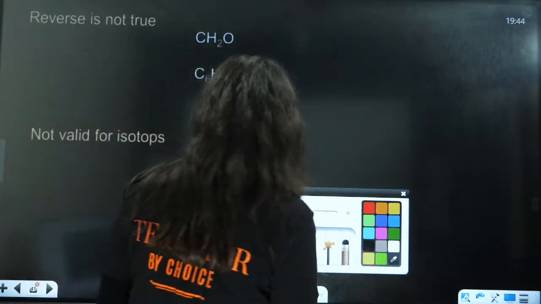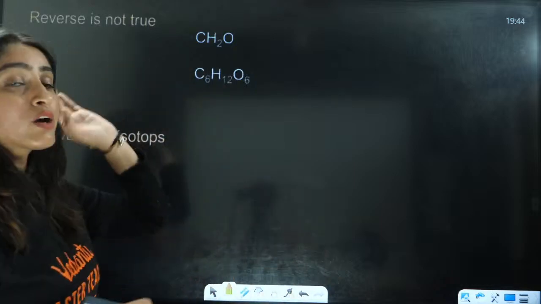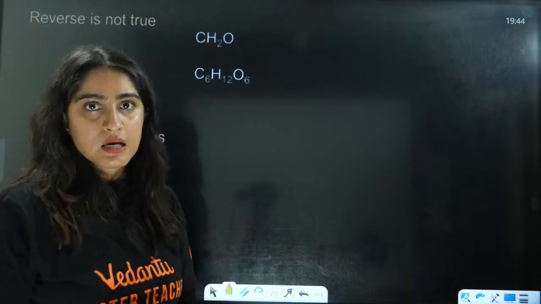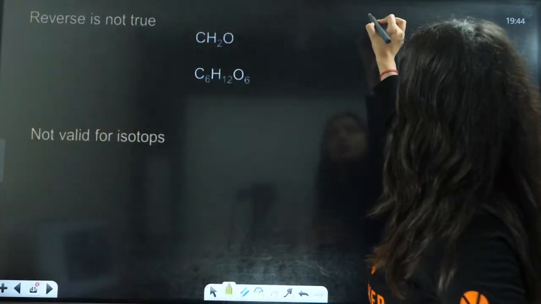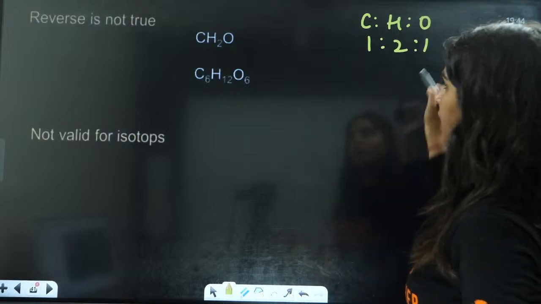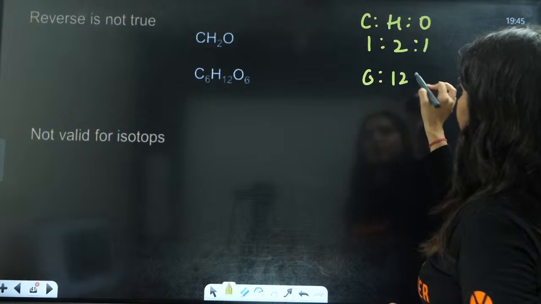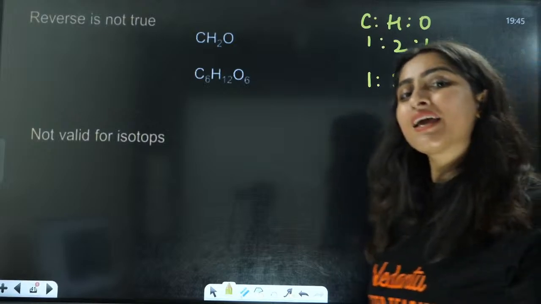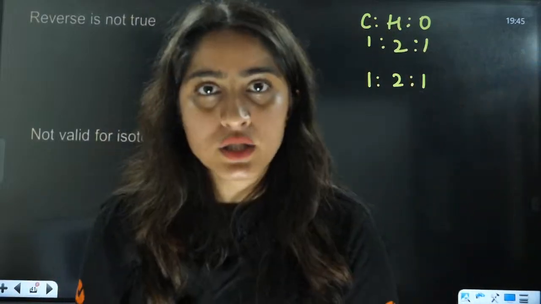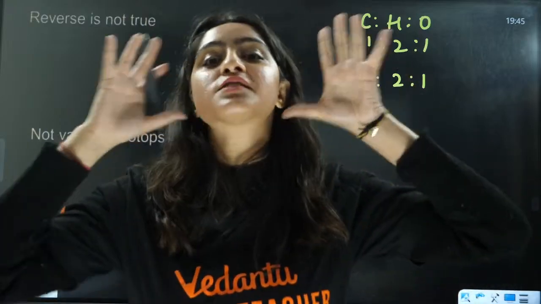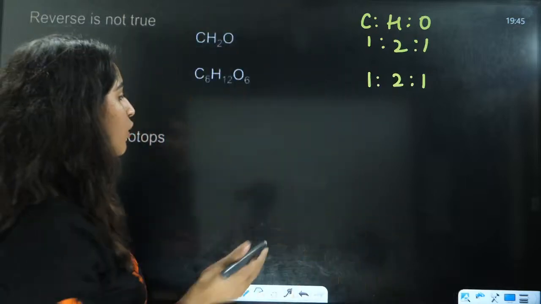Next we have some exceptions here. For example, this is called reverse is not true. Why is the reverse not true? For example, I am talking about CH2O and C6H12O6. In both cases, the ratio of carbon, hydrogen and oxygen is 1 ratio 2 ratio 1. Here also it is 6 ratio 12 ratio 6, that will be 1 ratio 2 ratio 1. So we can say that all these compounds have the same ratio of atoms, but